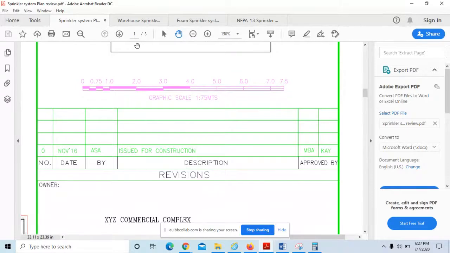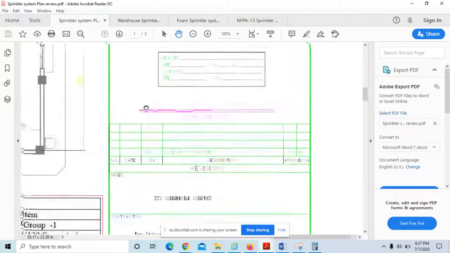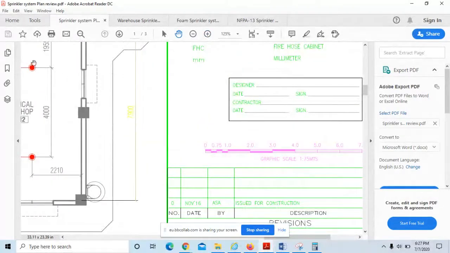You have to get more experience on the projects. Maybe after 5 or 6 years, you will easily understand what is missing in the plan. But at the beginning, the checklist is vital. Yeah, clear. And the logo and symbols, this is very important.